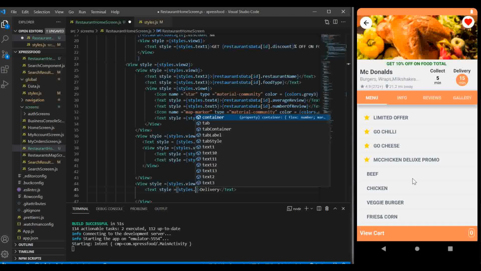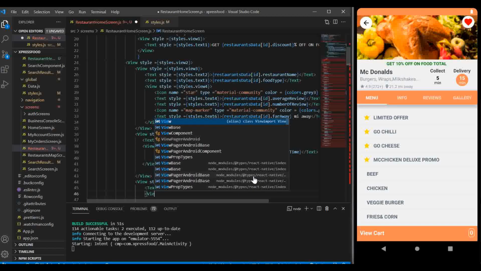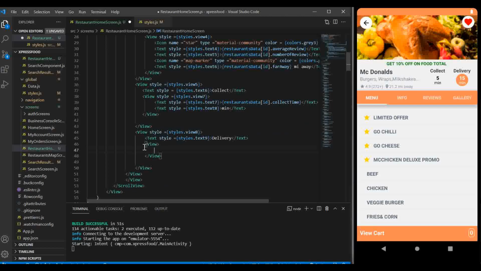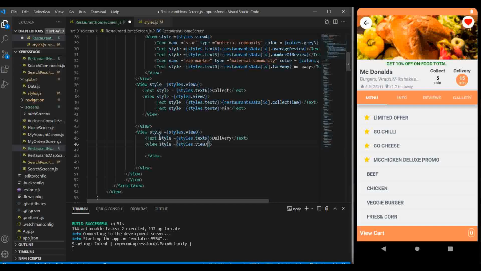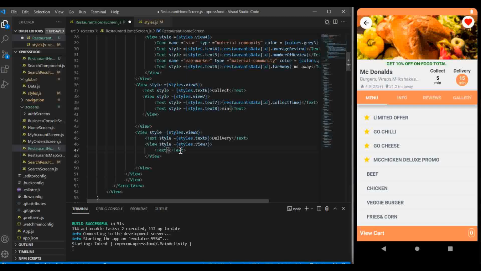Here it's gonna be stars.text9, and here we open another view, pass some stars to it, go stars.view7, and inside here we pass some text component, and we pass some styles to this text component. I'm gonna say styles.text7,